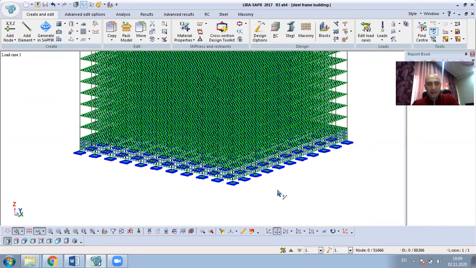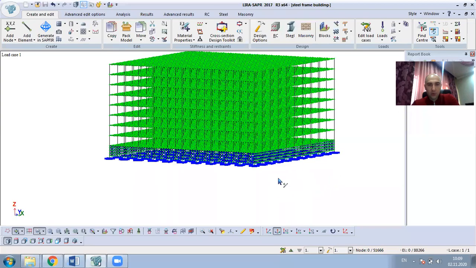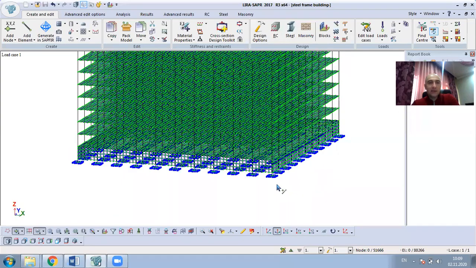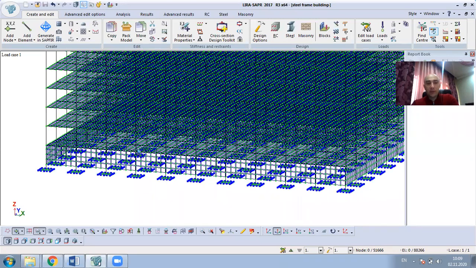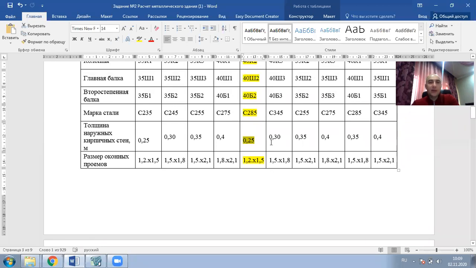Okay, let's continue. So we finished adding the monolithic wall, and now we can start adding the masonry walls. But before we start adding masonry walls, let's look at the requirements for our openings in the wall. The size of our openings is 1.2 meters by 1.5 meters. We need to take this information into account when we